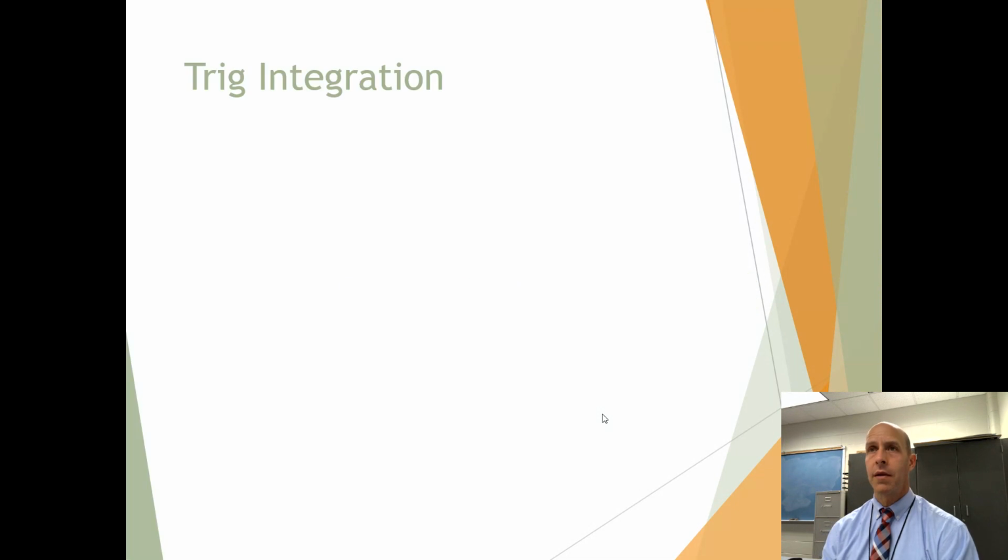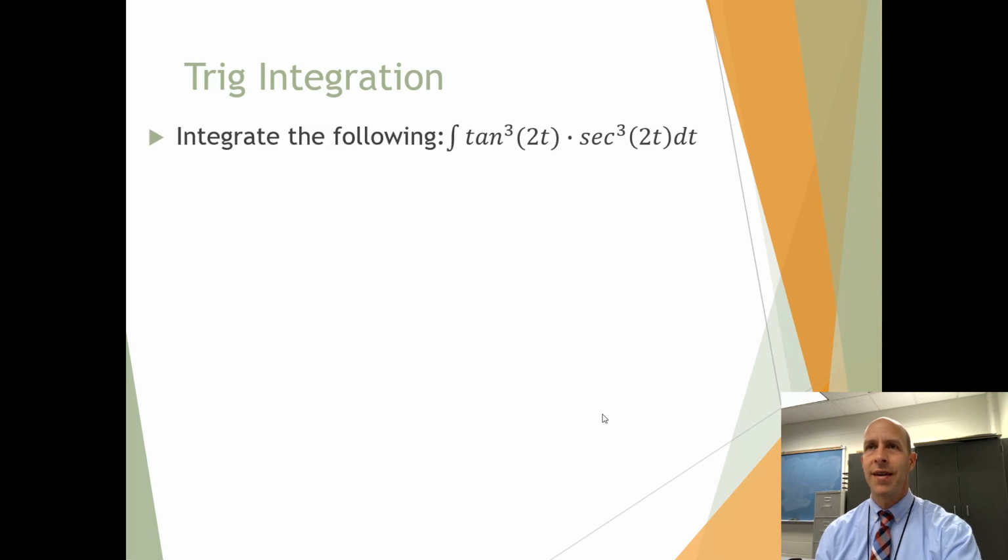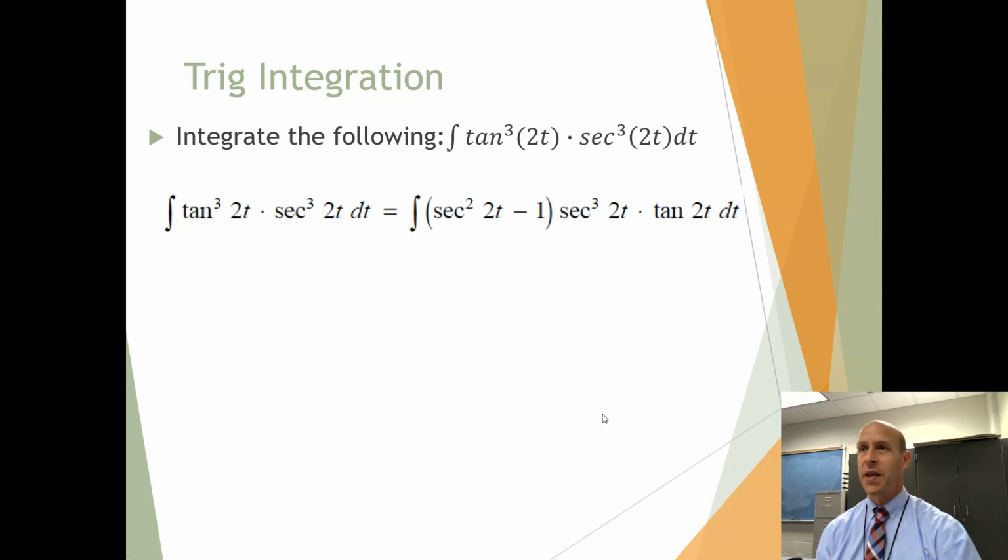This week, we're looking at section 7.3, which is on trig integration. So imagine doing calculus with trigonometry embedded into it. That's what we're doing this week. We want to integrate things like tangent to the third of 2t times the secant to the third of 2t dt. So the first thing that we're going to do here is we're going to remember that there is